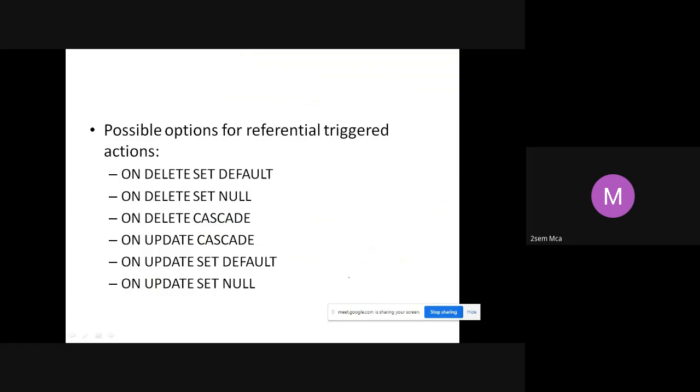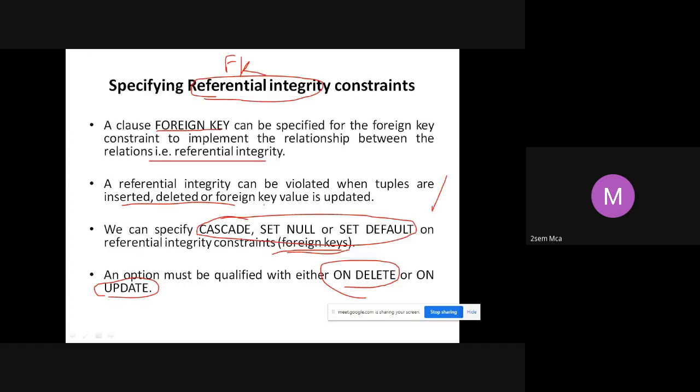Okay, let us see what the possible options are. We have seen three important words: cascade, set null, set default. I repeat, we cannot use these individually. We should always qualify them, that means use them along with on delete or on update.